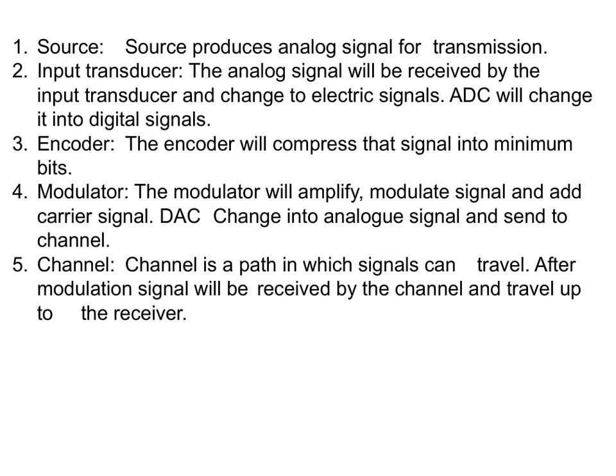Next, we have the encoder. The encoder's job is to compress this digital data into the smallest possible number of bits, ensuring efficient use of bandwidth. Then comes the modulator, which amplifies and modulates the signal, adding a carrier signal that makes it suitable for transmission over the channel. After modulation, a digital-to-analog converter, or DAC, converts the signal back into an analog form, preparing